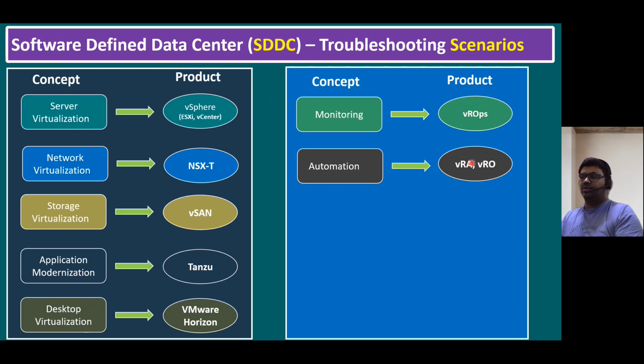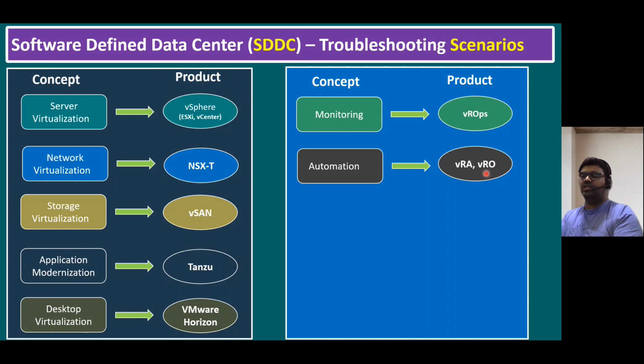The automation products from VMware are vRealize Automation and vRealize Orchestrator. These tools are helpful to automate your IT infrastructure's repeated activities. In simple terms, day-to-day operations, or all repeated activities. Whatever activity you keep doing repeatedly, we can automate using